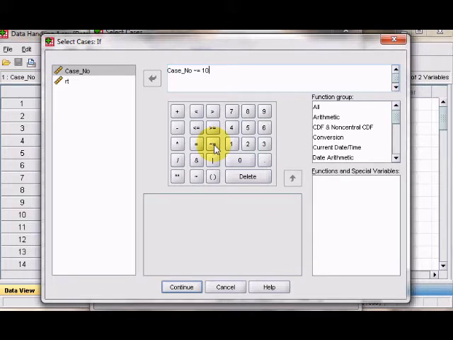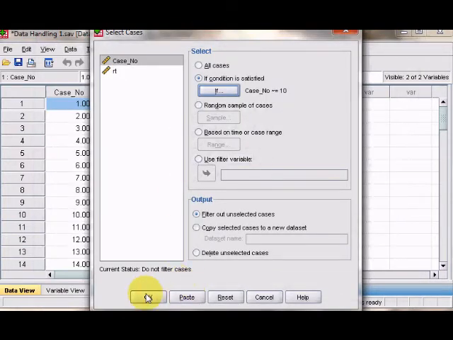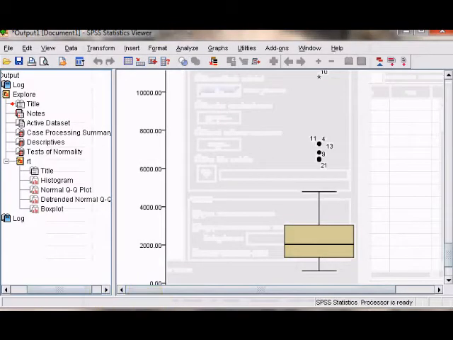Okay, so the problem case was number 10. That was the worst one, the biggest outlier. So if you just wanted to get rid of that individual one, this is how we would do it. So we say case number does not equal 10. If I click on continue and then OK,